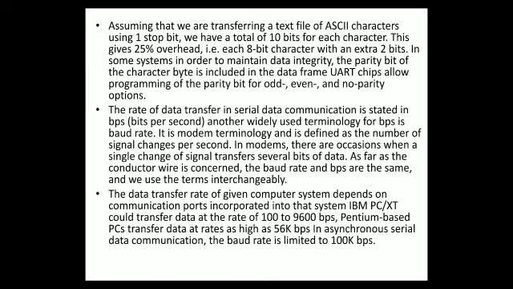But presently, we have seen devices working at higher baud rates also, like Pentium based PCs. Now they can go up to 56 kbps, kilobits per second, and in asynchronous mode of serial communication we can reach up to 100 kbps, 100 kilobits per second. You can observe it is a very large size of data. It looks very simple to pronounce, but internally it is very large, 100 kilobits per second. So a very large amount of data is transmitted in 1 second. This is how communication standards and possible data rates work, which you have tried to understand.